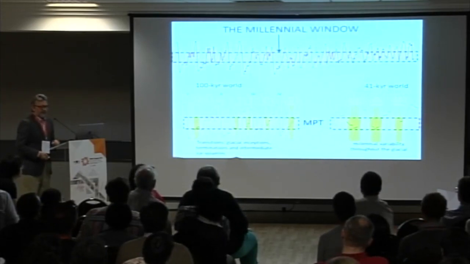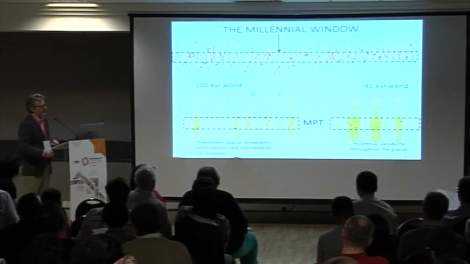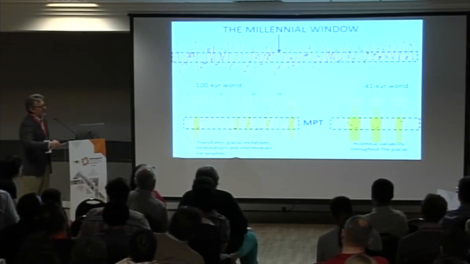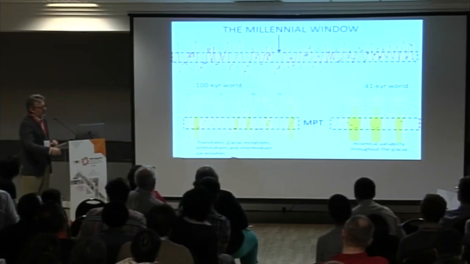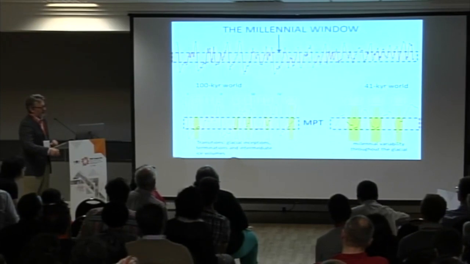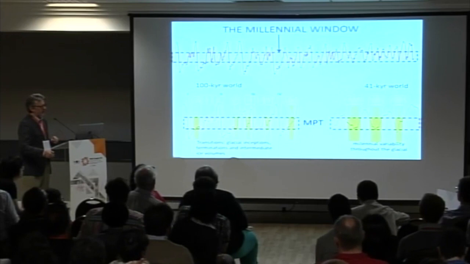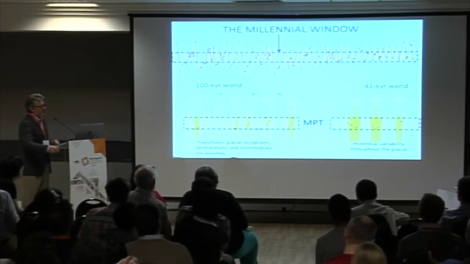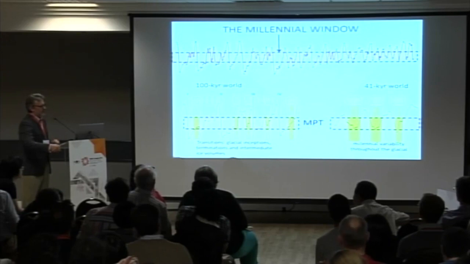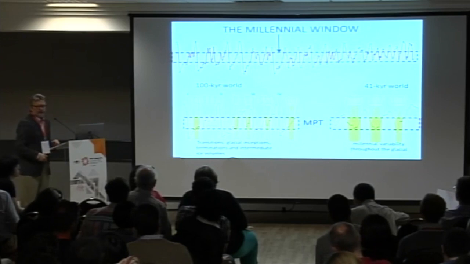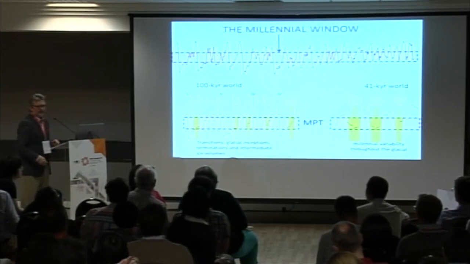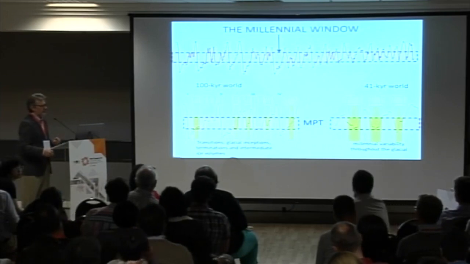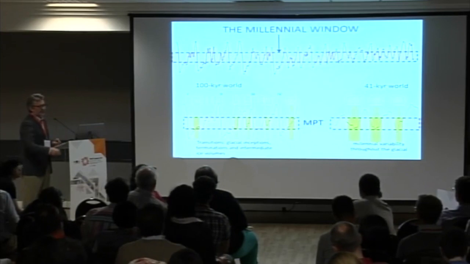So what happened across the mid-Pleistocene transition is shown by this cartoon. This orange area represents the intermediate ice volume state, the millennial window. In the 41K world, the glacials were entirely within the millennial window. But as we transition across the MPT, the climate system goes through the millennial window on glacial inceptions and also briefly on glacial terminations. And also when you have long intermediate ice volumes like stage 3, which is somewhat exceptional for the 100K world, but looks quite similar to